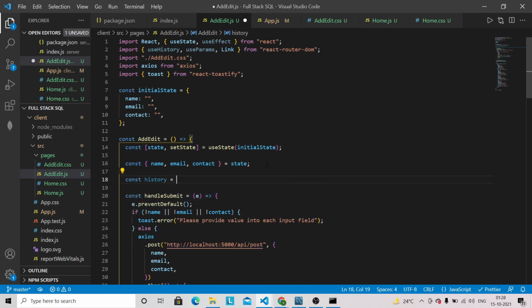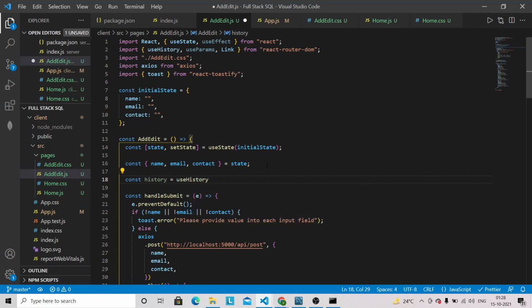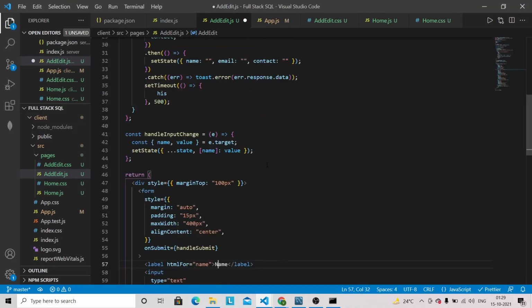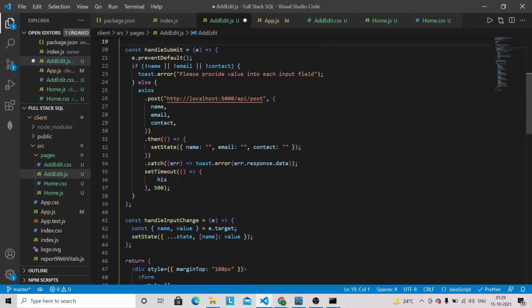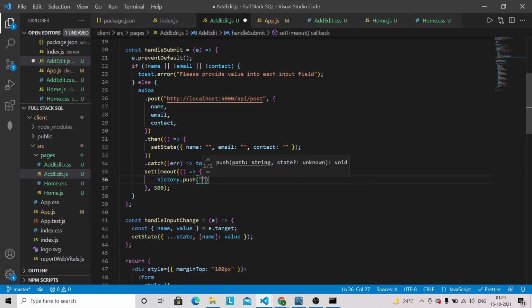So let's store the reference of useHistory into a history variable so that we are able to navigate towards the home page. So in set timeout we can use history.push. Okay, and since we have one line, we can remove this one, we don't need it.